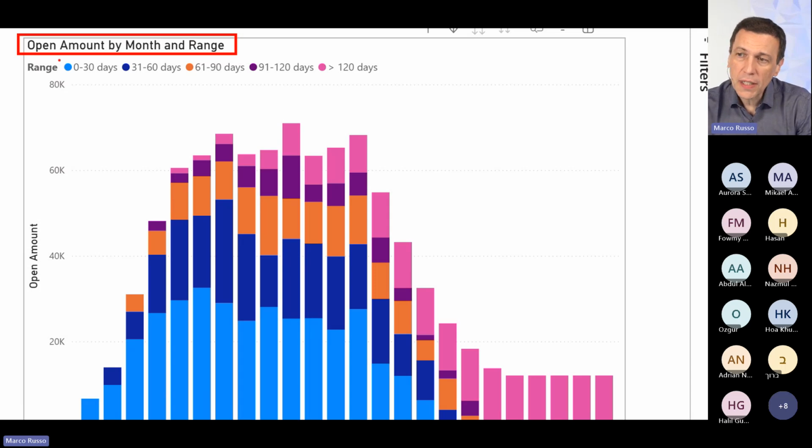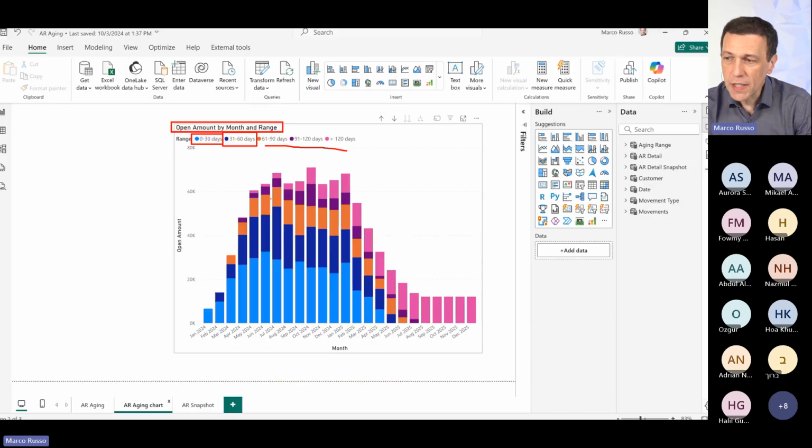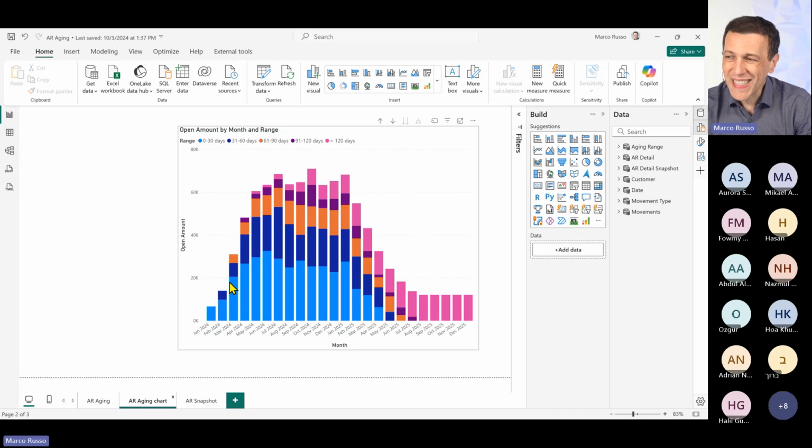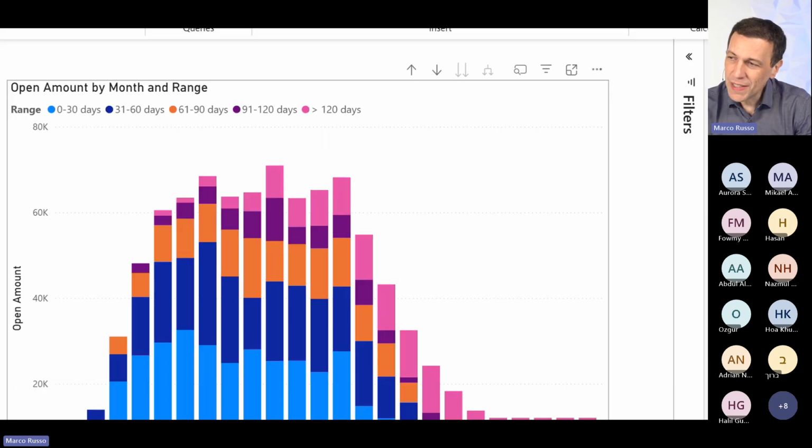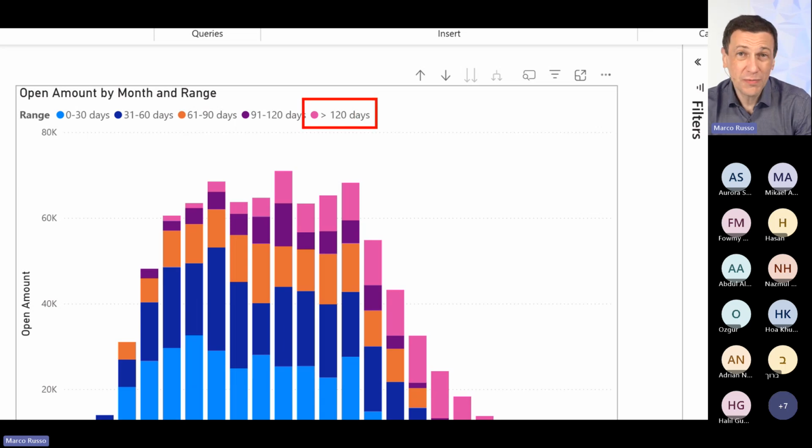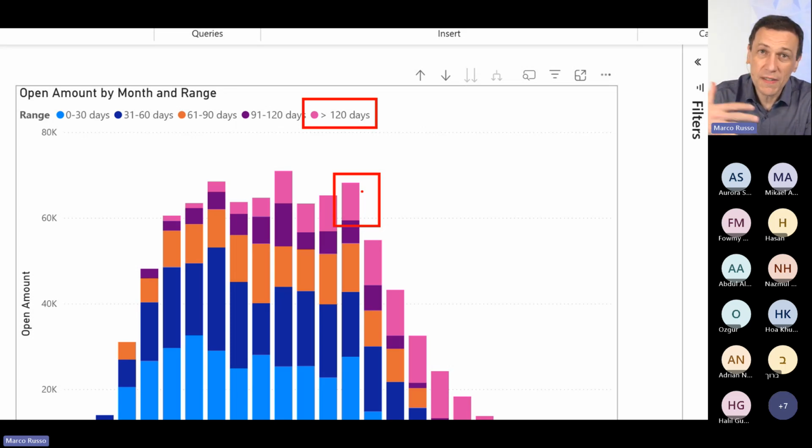And so you see that there are different colors. 0-30 days is this azure, a darker blue for 31 to 60 days, and so on, right? So when we look at the aging, we can see that this purple is more than 4 months, which is a lot. So these are credits that probably we're not going to see the money for very soon, because probably there is something that is stopping the payment.